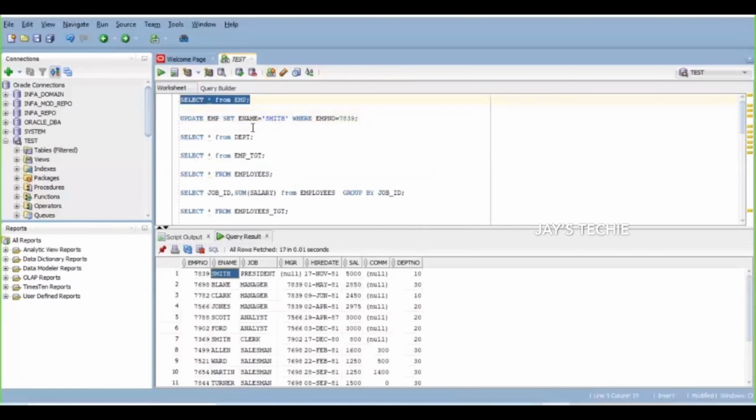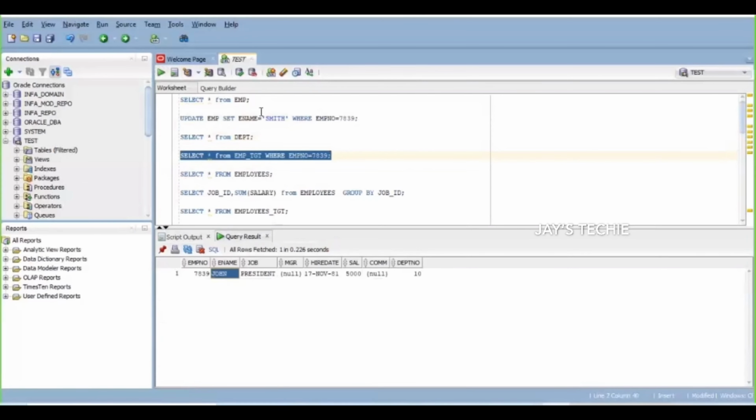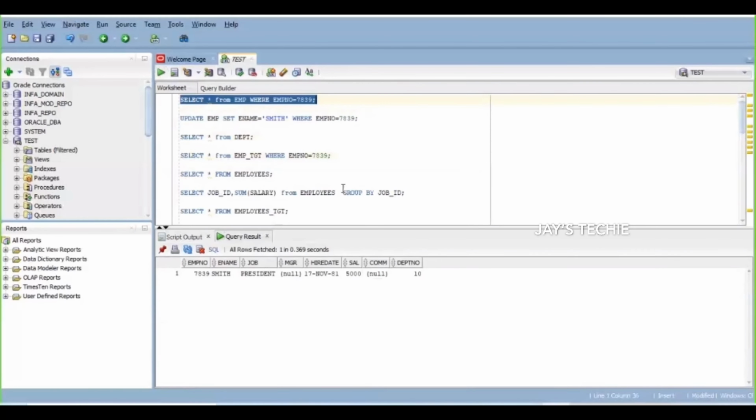Let us add this condition, so we are going to update only this record. Let us run for this particular record and see what the name is. In the employee target table it is John, but currently here it is Smith. So we are going to update this John to Smith over here. Let's go to the mapping. We have updated the mapping, and currently there is no update strategy. So without an update strategy, how do we update this mapping? Let's go over here.